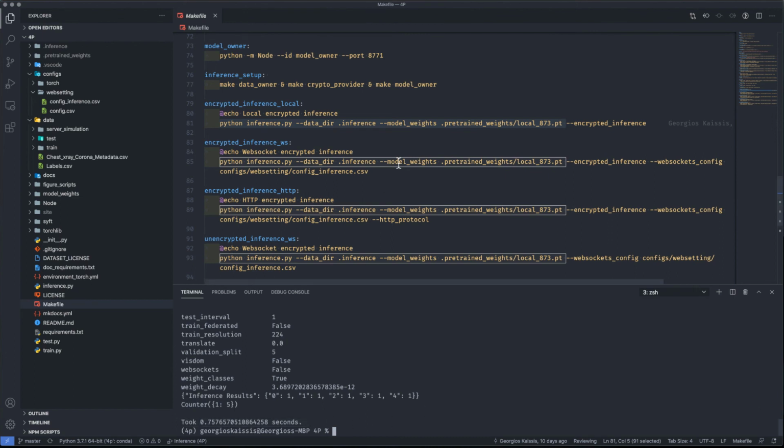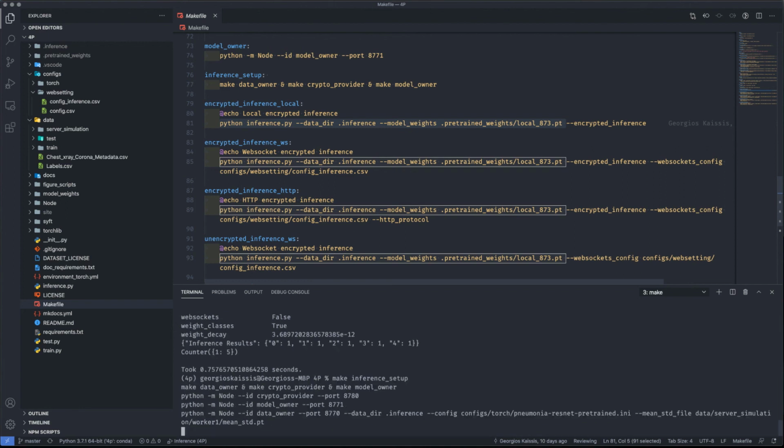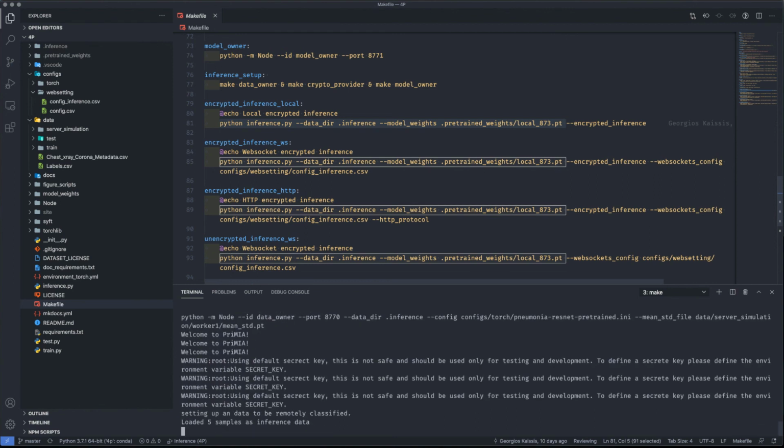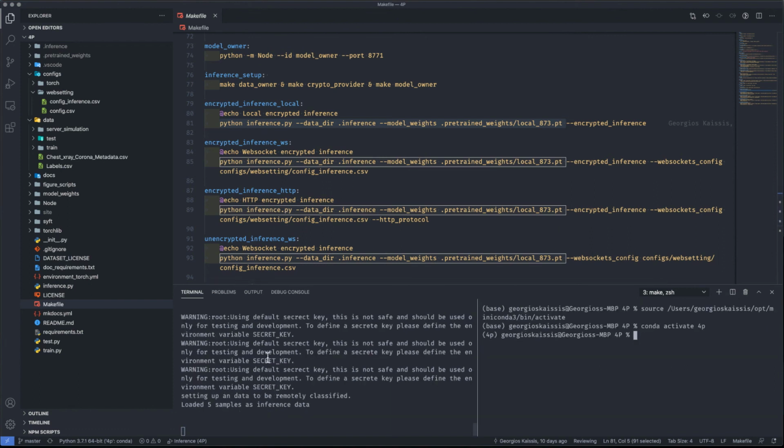So let's try this out with WebSockets. You can make an inference setup like that, and this will create the model owner, data owner, and crypto provider. And then in a separate terminal again, so these are processes on your machine, and they're running in the background. If you kill this, you can put them in the background, obviously, if you know how to do it with Control Z and stuff, but you can just open a second terminal, and then you can